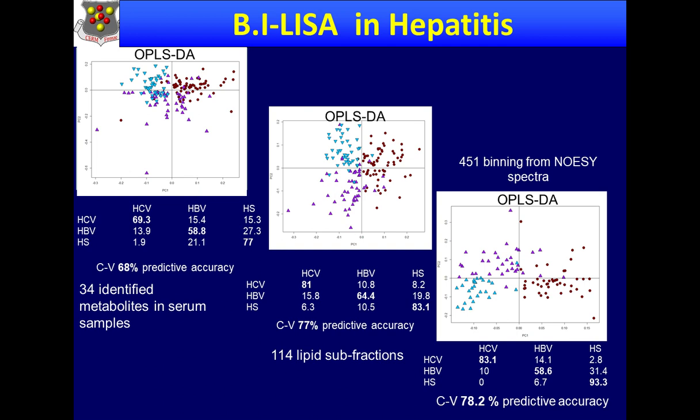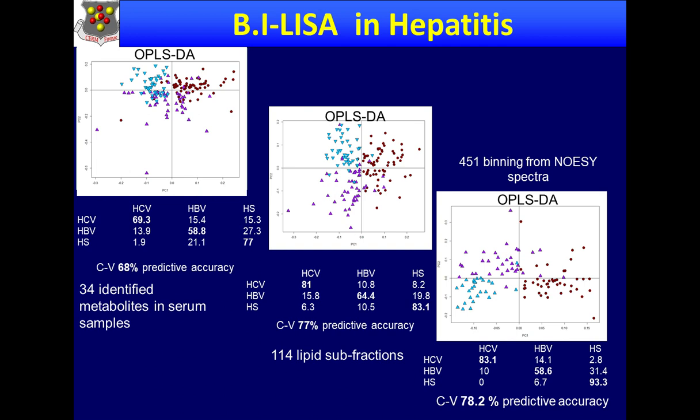Whereas if you go to the lower right, you see the predictive accuracy by binning, by our standard fingerprint method. It's 78.2, which is significantly better. Then what is very interesting for us now in this webinar is that if you use the lipid subfractions, which is 114 different variables, you see that the discrimination is almost as good, or practically identical to what we get from binning, which means to us that what we are capturing from the noisy spectra is probably mostly the broad signals, the lipid components, which are clearly identified, and of course with all the extra information that you get from having identified them.